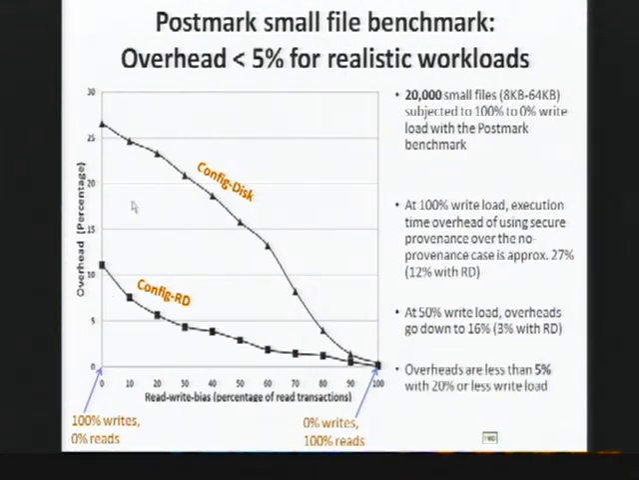At the top curve, you see the overheads for the disk mode, where we stored the provenance chain on disk. And at the bottom, you see the case where we buffered the chains first in a RAM disk and periodically flushed them. So here you see that at 100% write load, when all we have is writes, the overhead for the disk mode is around 27%, and with the RAM disk optimization, we go down to 12%. As we increase the reads and reduce the writes, the overhead goes down, and here the area of interest is actually here, 80 to 100% reads,